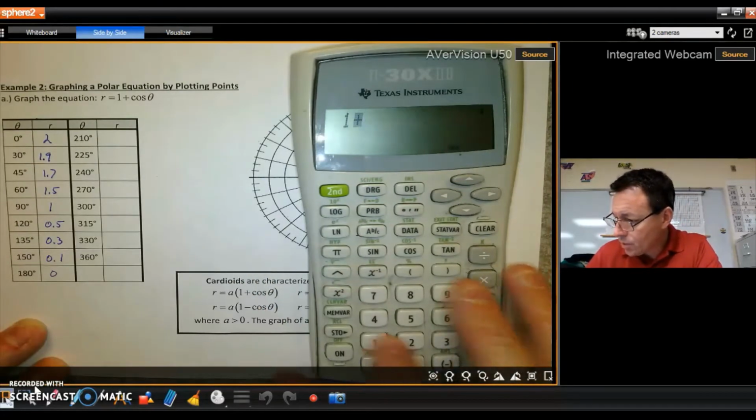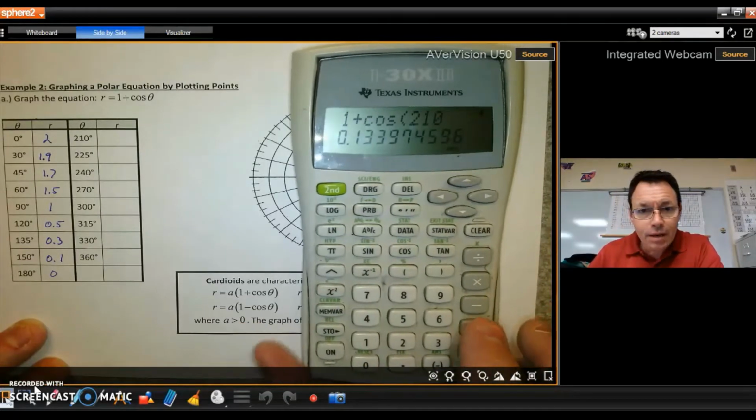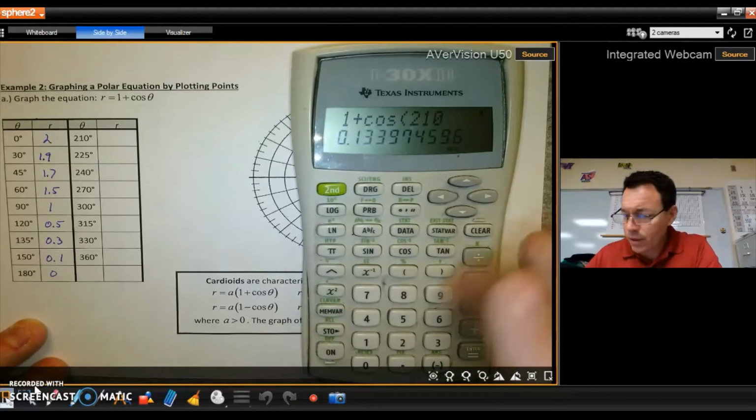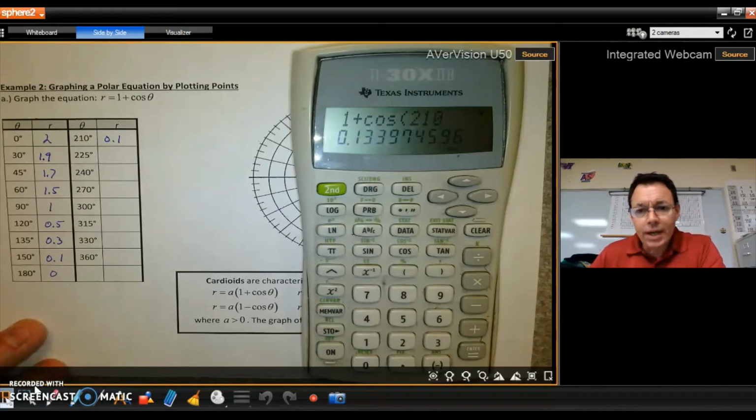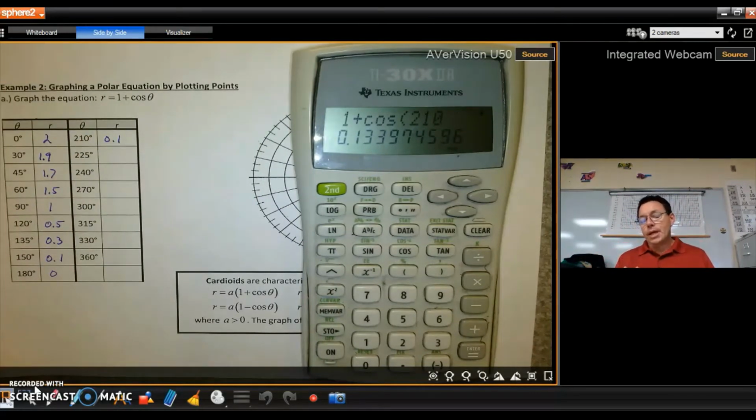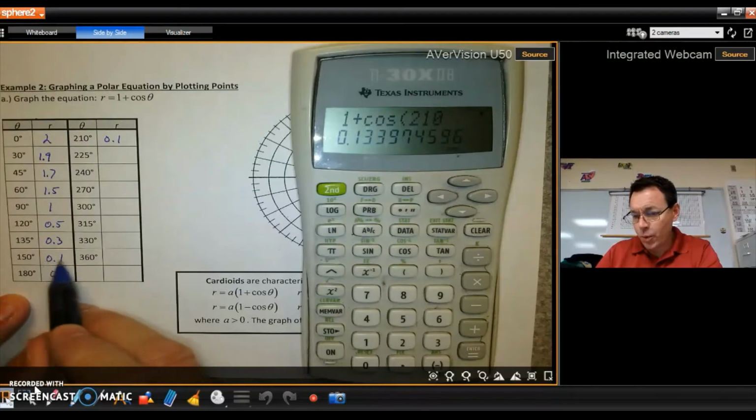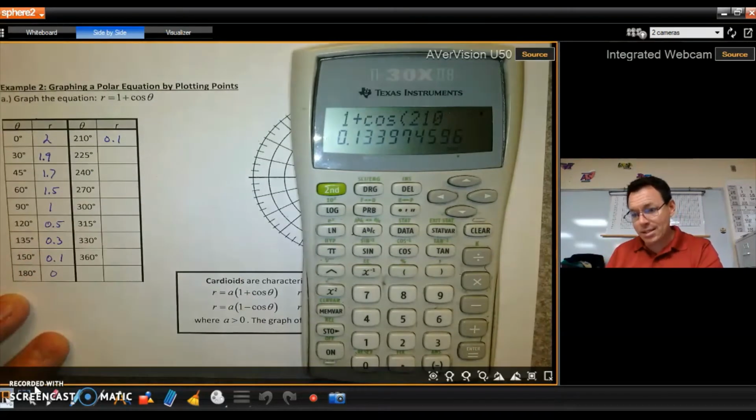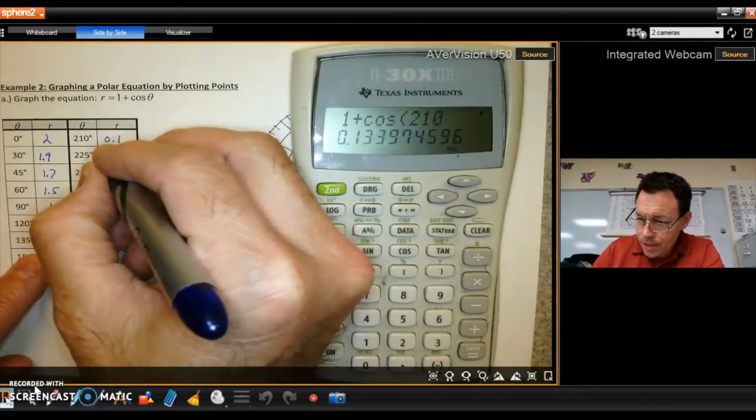Let's see what happens when we do this. 1 plus the cosine of 210, and we have that 0.1. I feel like we already saw this, right here. 0.1. These graphs are symmetrical, and so once you get a repeat, that repeat is going to continue. If this is 0, then 30 degrees from this is 0.1, but also 30 degrees past 180 is also 0.1. I guarantee that 225 is going to be 0.3,